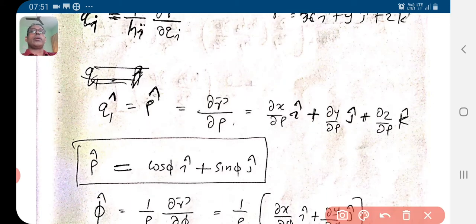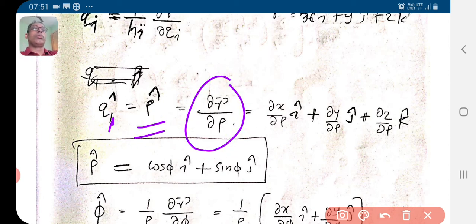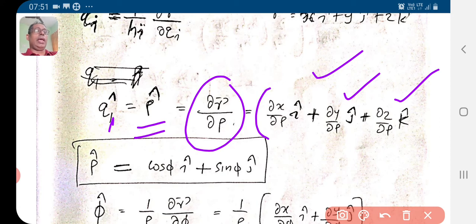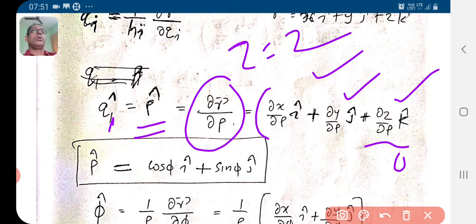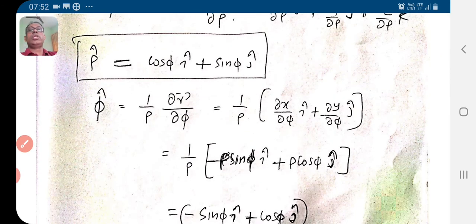So q1, that is rho, unit vector rho, that is dou r dou rho, that is dou x dou rho i, dou y dou rho j, dou z dou rho k. And this is clearly 0 because z is z itself. Dou x dou rho we know, dou y dou rho we know, and we substitute and we get this. So this is the unit vector rho. Then unit vector phi,